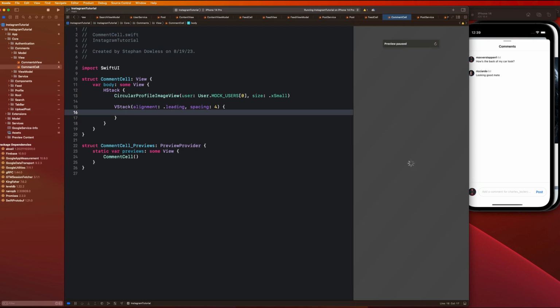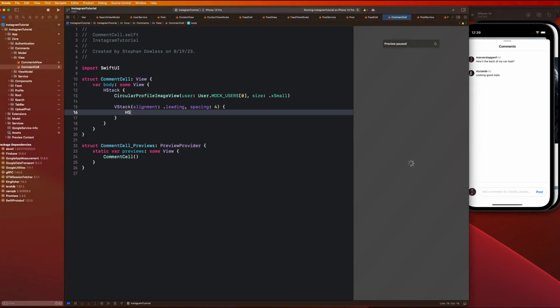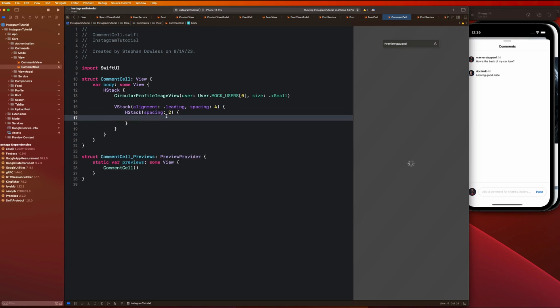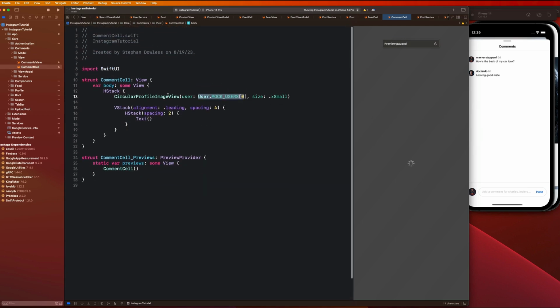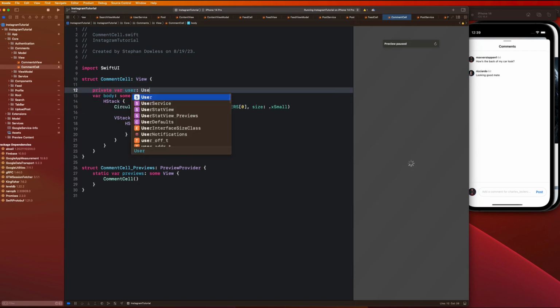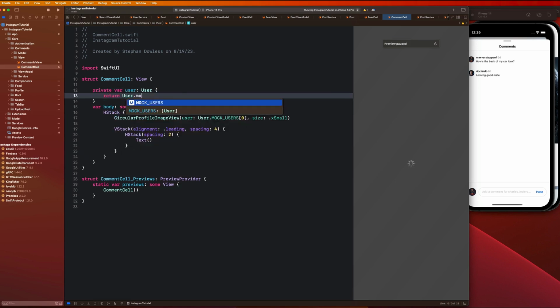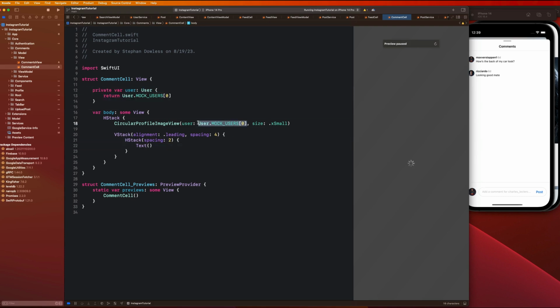And then within that, guys, we're going to have an HStack for this first part because we need the username and then the timestamp that the comment was made. So we're going to say HStack spacing is going to be 2. And then we're going to say Text. And let me just add like a user object up here so we don't have to keep typing this out. So I'm going to say private var user, which is a User, return User.MOCK_USERS[0]. And we'll replace this with the actual user that's associated with the comment in a little bit. So here we can just replace this with user. And here we're going to say user.username,